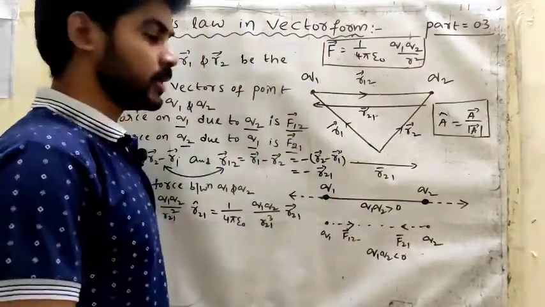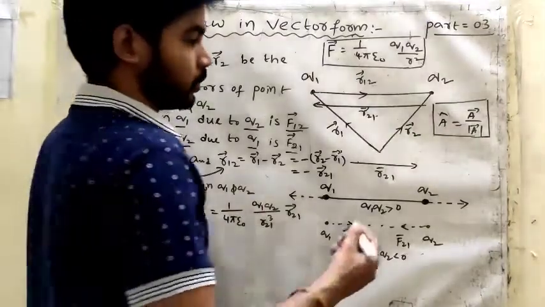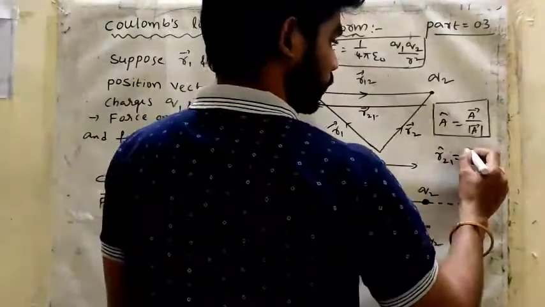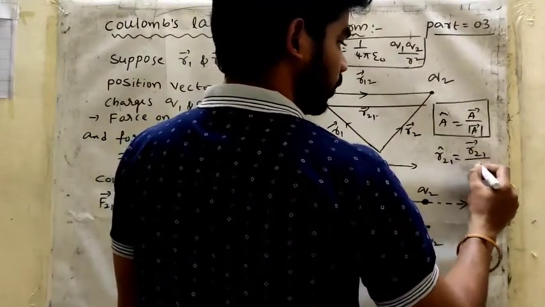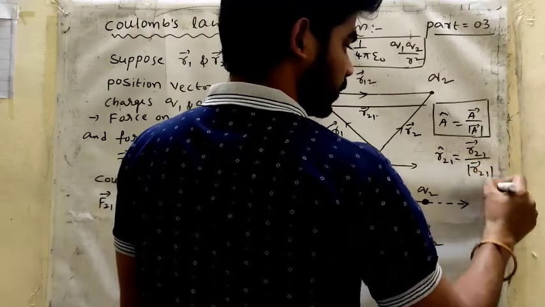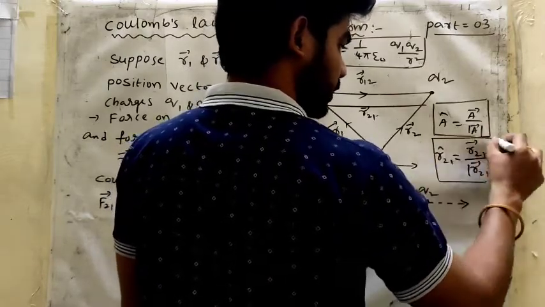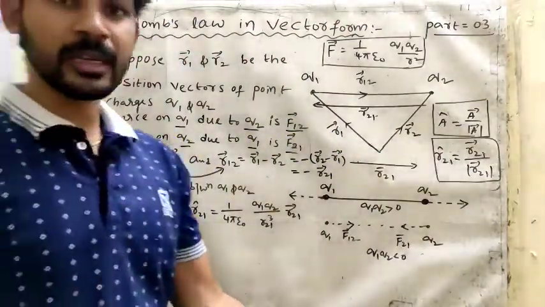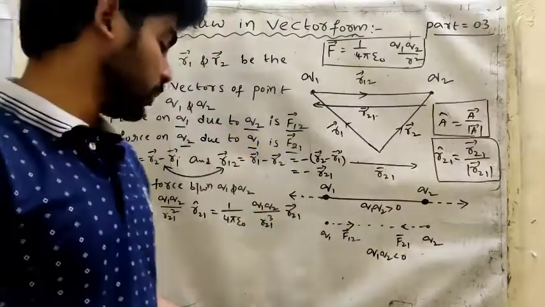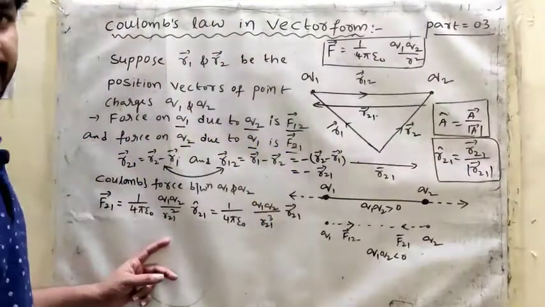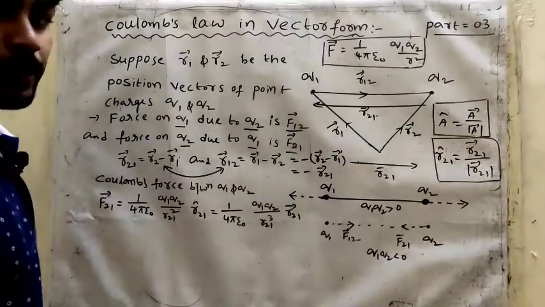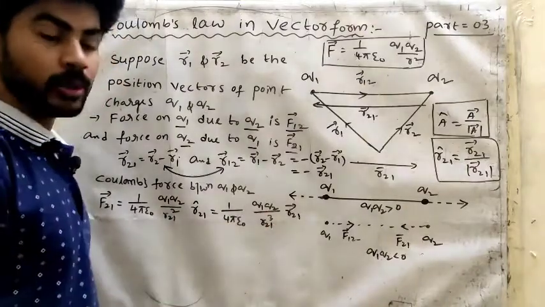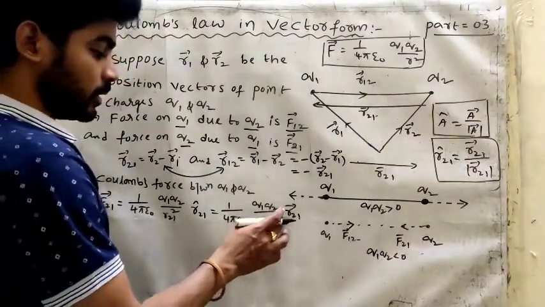Same now, a bar is equal to r21, so r21 cap is equal to r21 bar by magnitude of r21 bar. Okay, so we can write like this also, this is also a unit vector. The unit vector magnitude is 1, so we can multiply a unit vector also, the value has no change. Okay, so r cap 21. So here I am writing r21 whole cube. How am I writing r21 whole cube? Simply